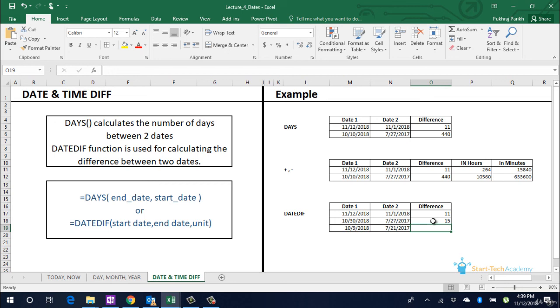So you can see that in the second row, there is a difference of 15 months between the two dates selected. Similarly, it can be done for getting the difference in years.